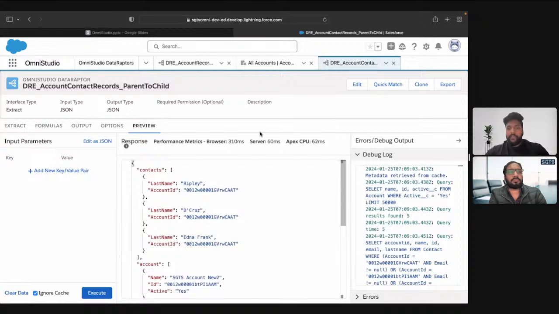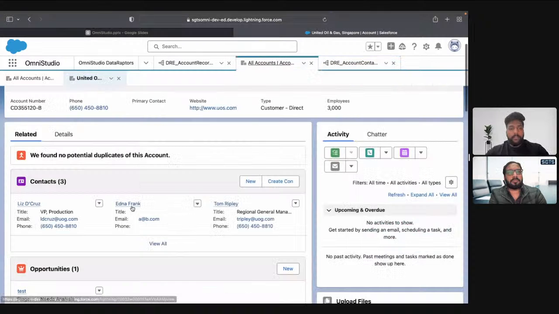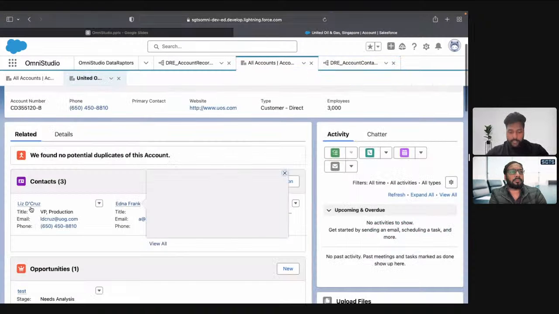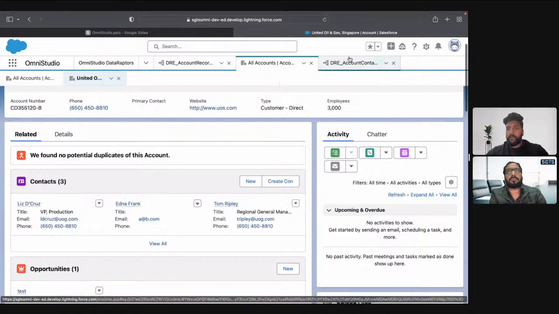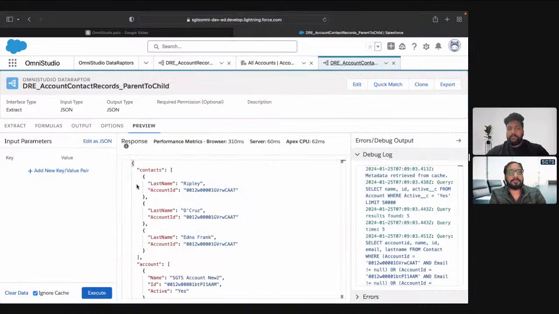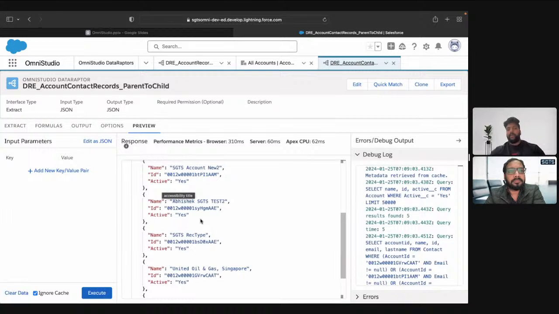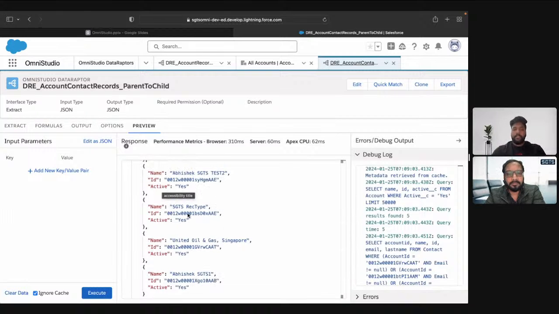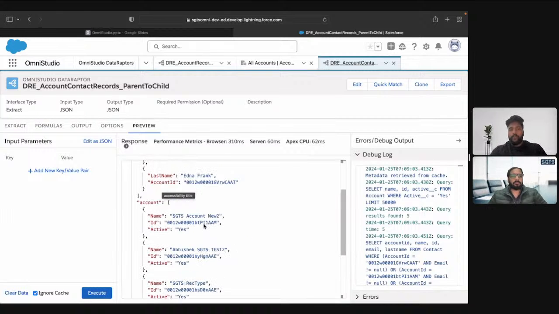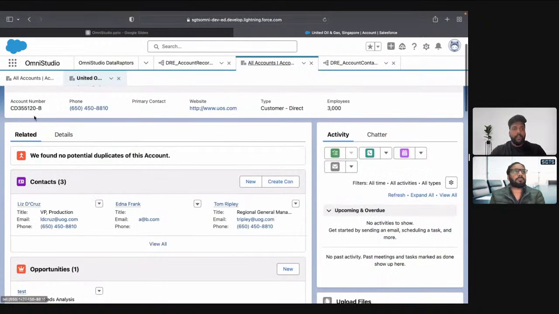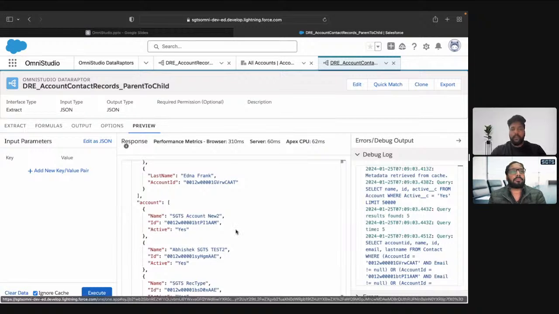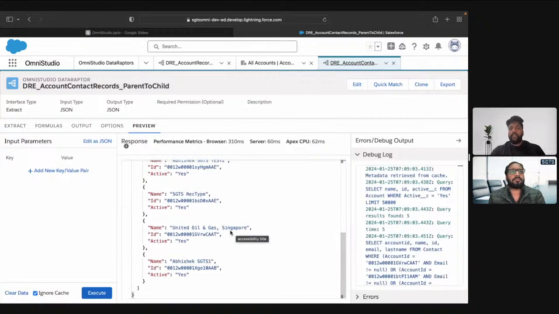But now if we see, this Edna Frank and this Liz D. Cruz are from the same account. If I want to make this data more useful, what I would want is that all the contacts from the United Oil and Gas Singapore should come under this node